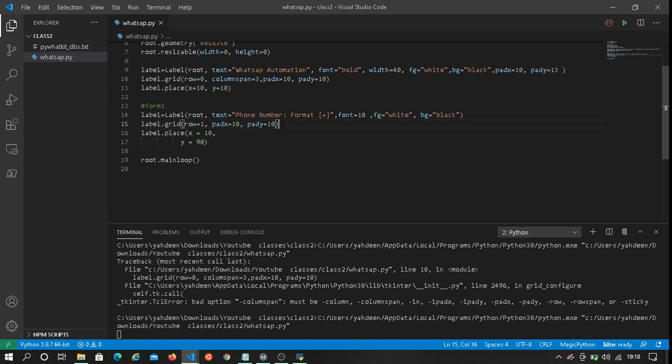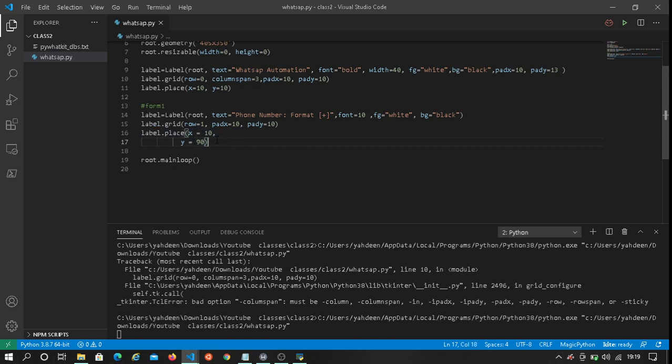I've set the grid to row 1, the pad x equals 10, and the pad y. We placed it in the grid using row 1, pad x and pad y of 10, and then in the x-axis we place it at 10, and in the y-axis at 90. That's how we did it.